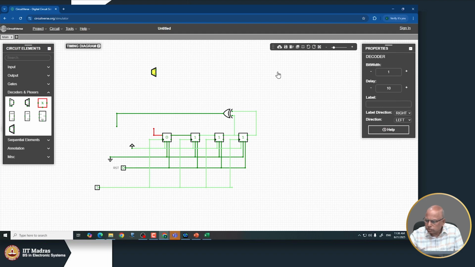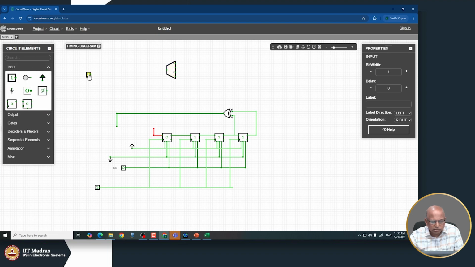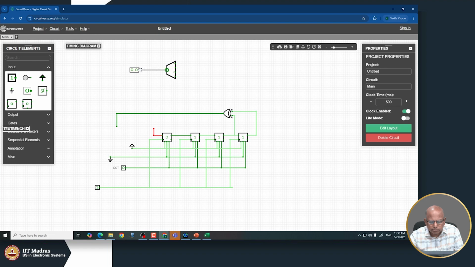Okay, so we can take it to have 4 bits. So this is a 2 to 4 decoder. Okay, so it has 2 inputs and 4 outputs. So we'll take 2 bits and connect them here. Okay, so it is going to decode these guys,